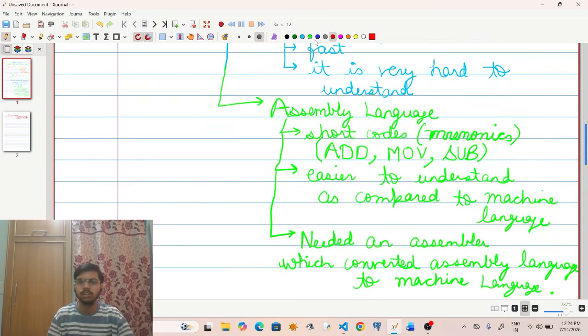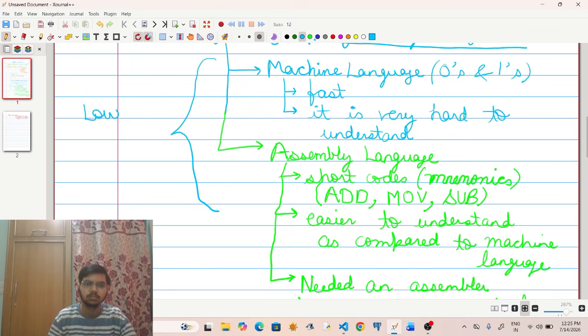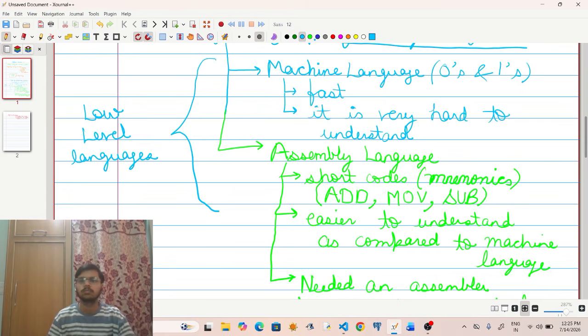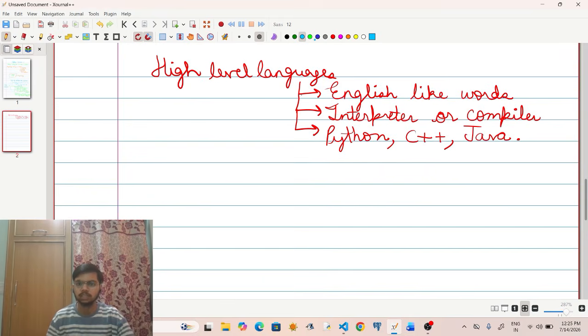One more thing to tell you is that machine language and assembly language together are also called low-level languages, while high-level languages are these ones.